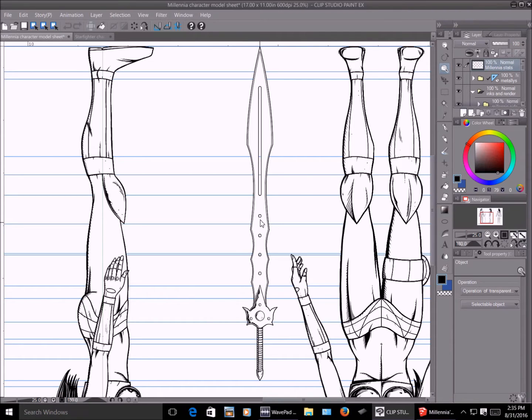Since there's a certain spacing involved in the grooves here and the symmetry on both sides of the hilt, the gems and all, I figured the best way to keep this on model all the time is to have a three-dimensional model that I can bring in and just put into whatever perspective I want, just like you can do with any 3D model that you pull from the materials folder in Manga Studio.